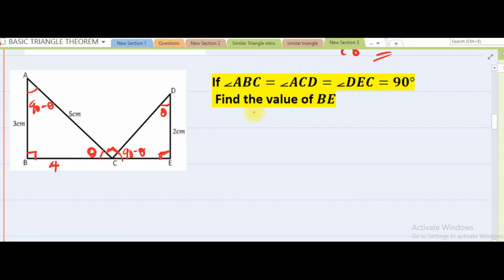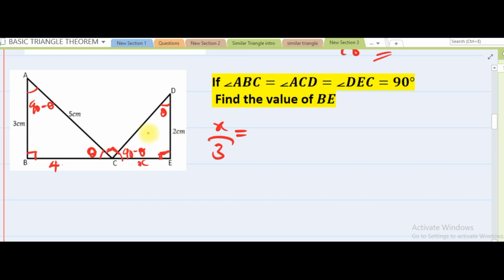So we are saying that from here, we are looking for BE. Before we know BE, we need to know CE. So let's call CE x. So we are looking for x. I'm saying that if x corresponds to, remember, 90 minus theta, 90. So which one? Because these two triangles are similar now. So where is 90 minus theta, 90? 90 minus theta, 90, so it's 3. X corresponds to 3 here. The corresponding angle,